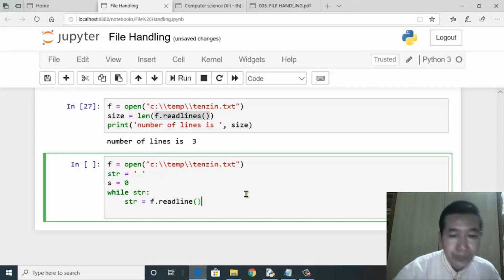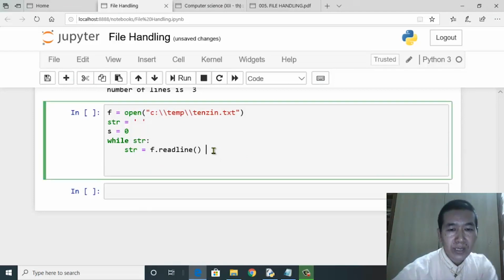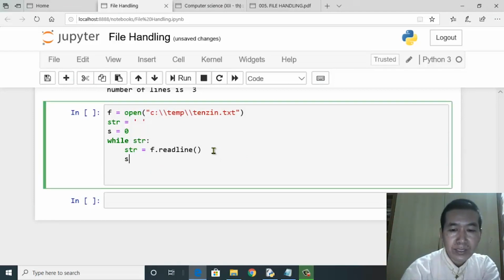Okay, so the next line will be s is equal to s plus 1. The reason why we are adding 1 to s is we need to keep incrementing the value of s with each pass of the loop. With each iteration, we have to increment the value of s to keep track of the number of lines in the file.